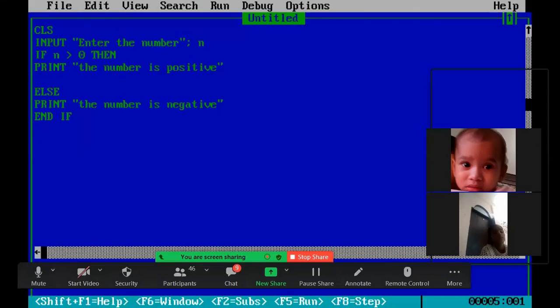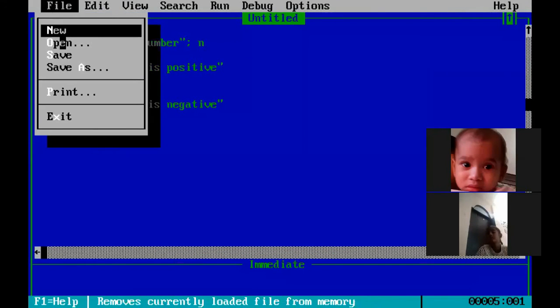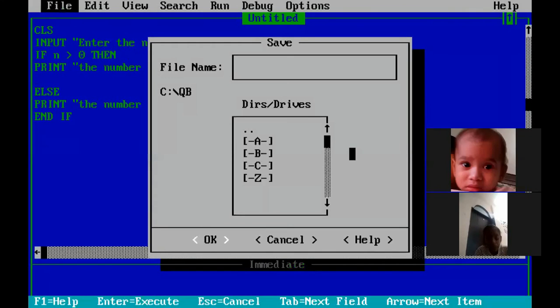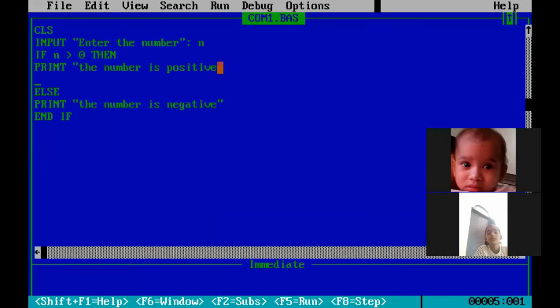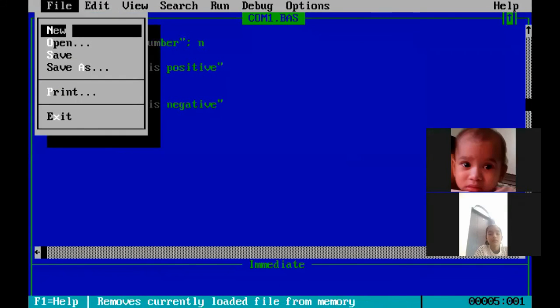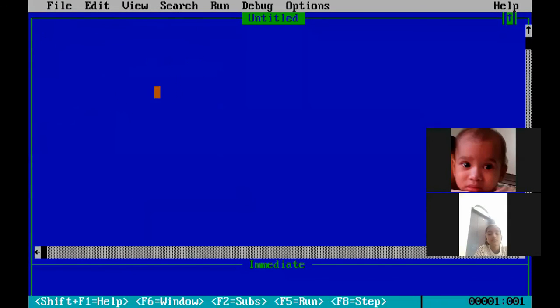So here loop includes, let me save it. Now here loop includes 5 statements.